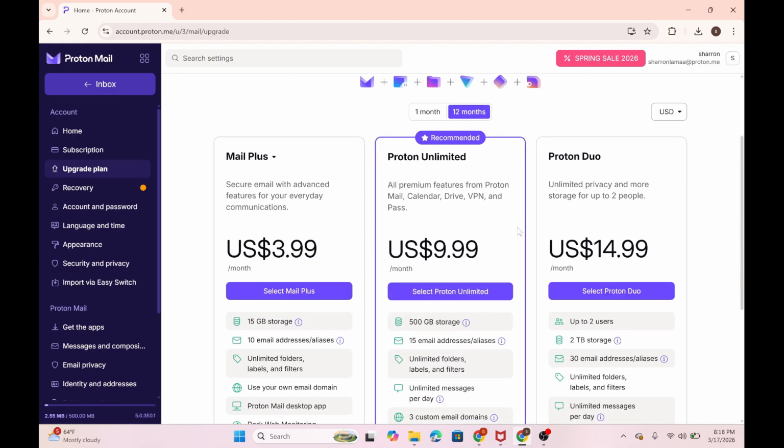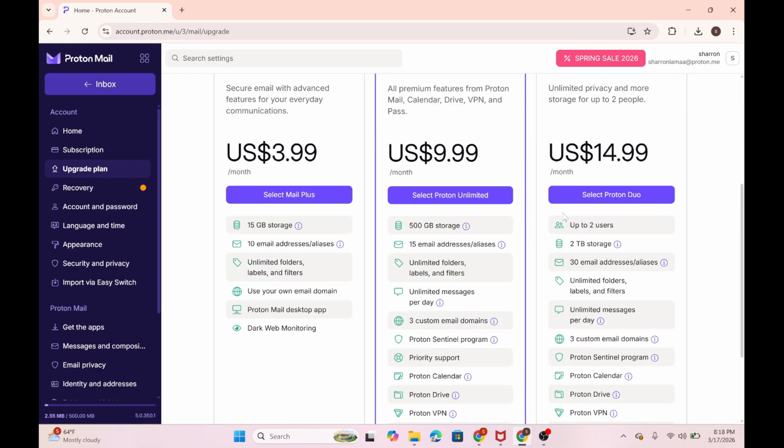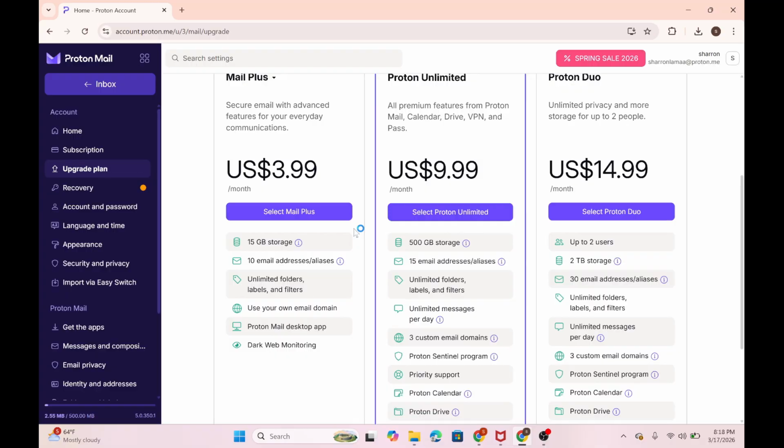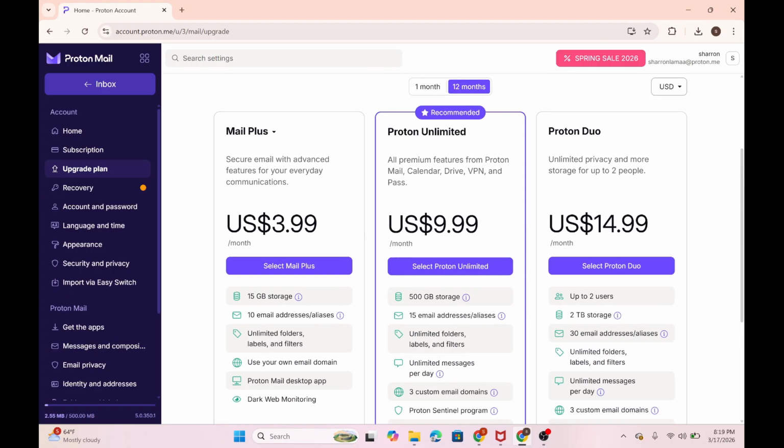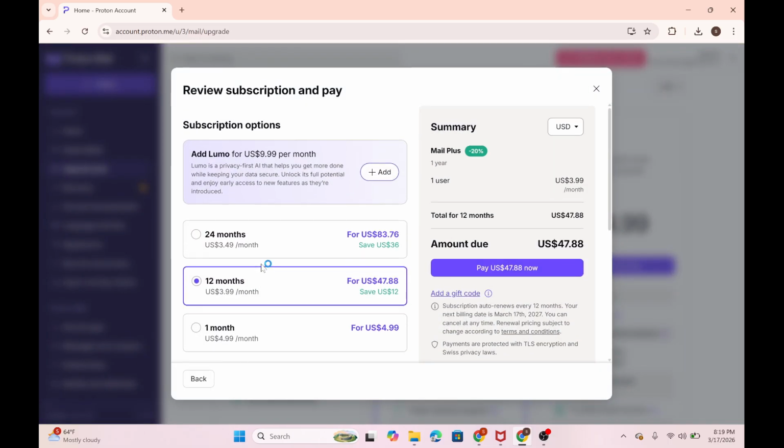You can select Mail Plus, Proton Unlimited, or Proton Duo as well, and you can review the available plans for individuals, for families, or Duo, or the business plan as well. Simply select any of the Proton upgrades. As I'm going to select over here, select Mail Plus, and over here you can also review the subscription and